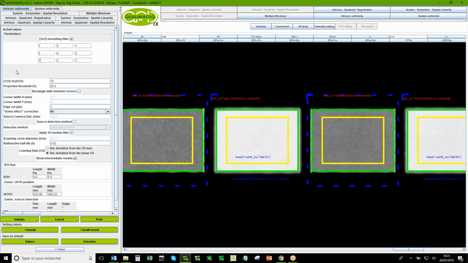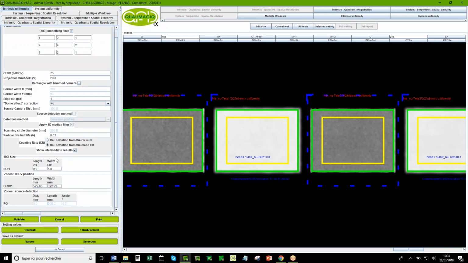And here you have the definition of the field of view where you want to measure the uniformity. And if you have a camera where the field of view is not rectangular, but at the edge of the rectangle, they cut the field of view, you have this possibility also in the software.